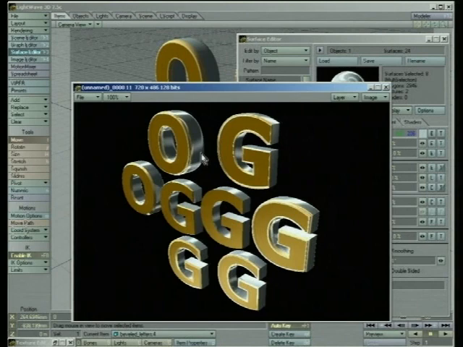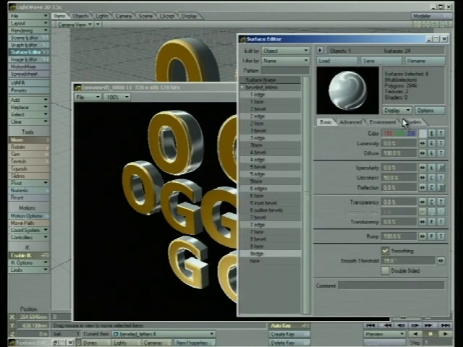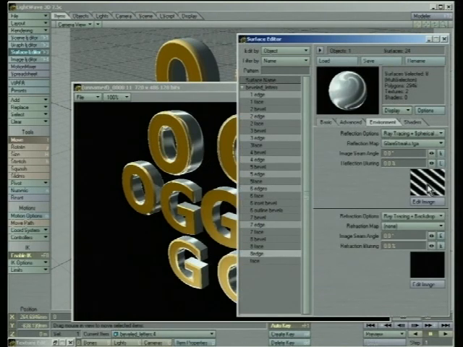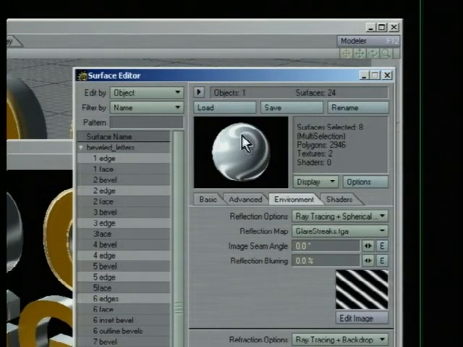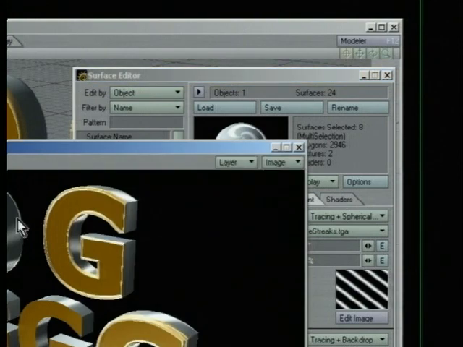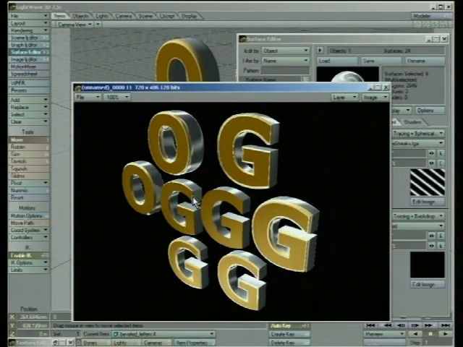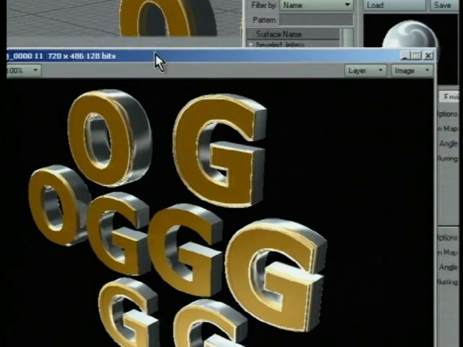Okay. Now, this reflection map that we've got going on here, these glare streaks, it's interesting. It's kind of got these nice shiny little effects going on here, and you get good highlights. And this is going to be a good effect if you want gleams and shines to go across. Another thing you can do,